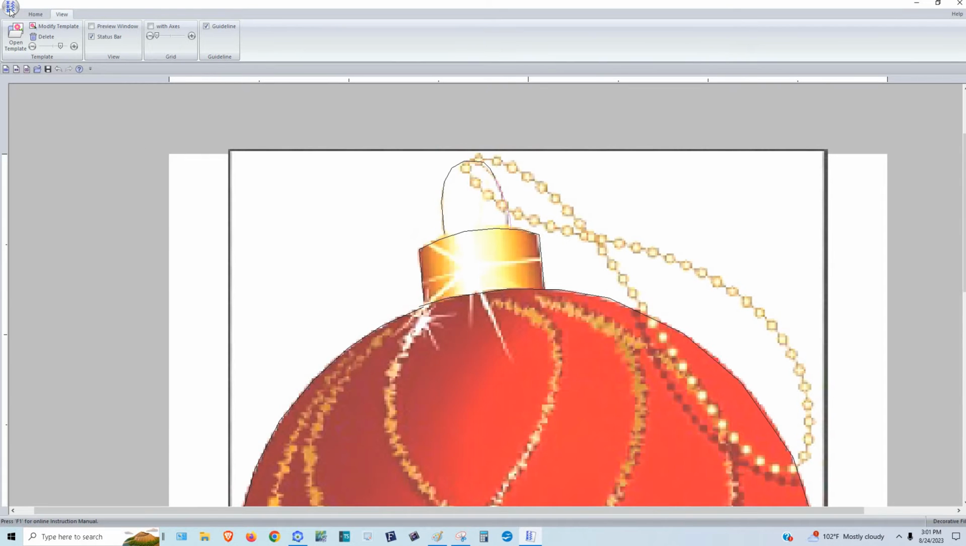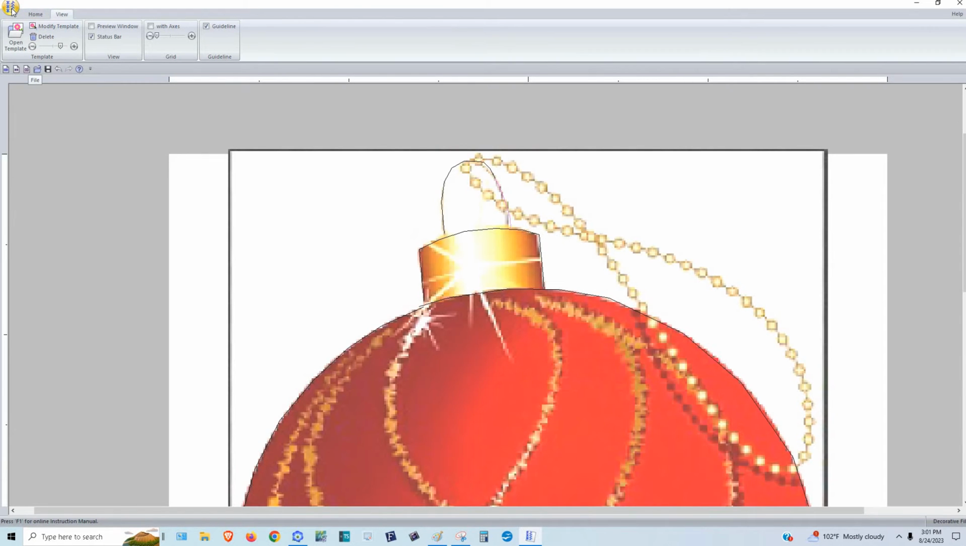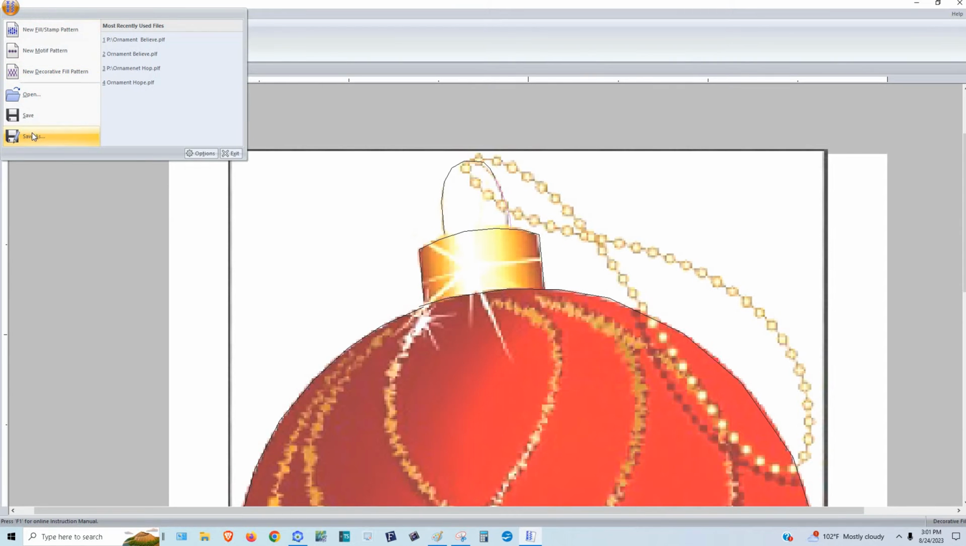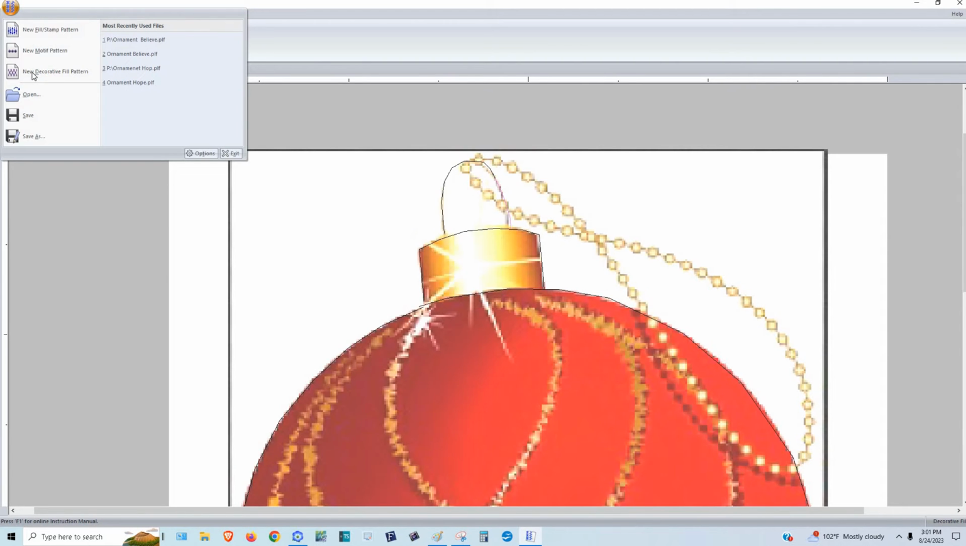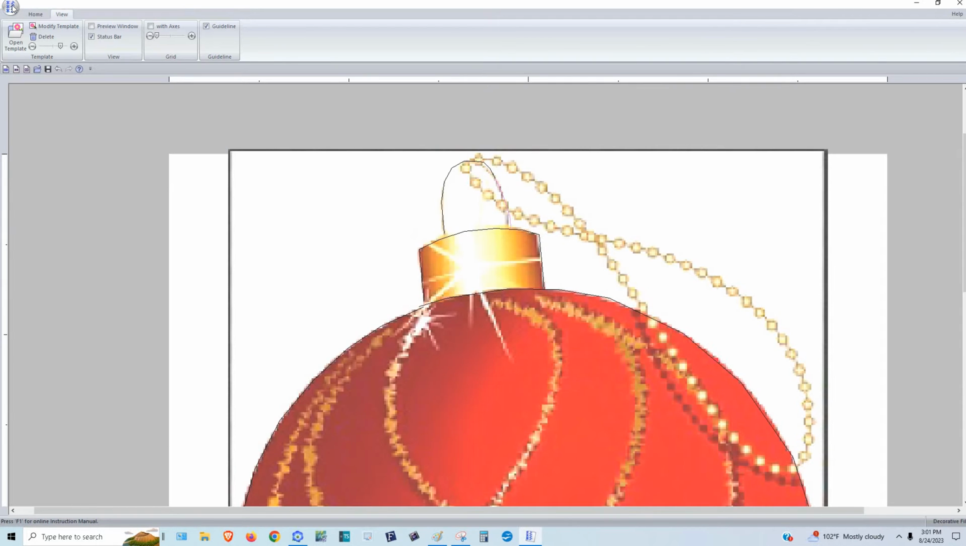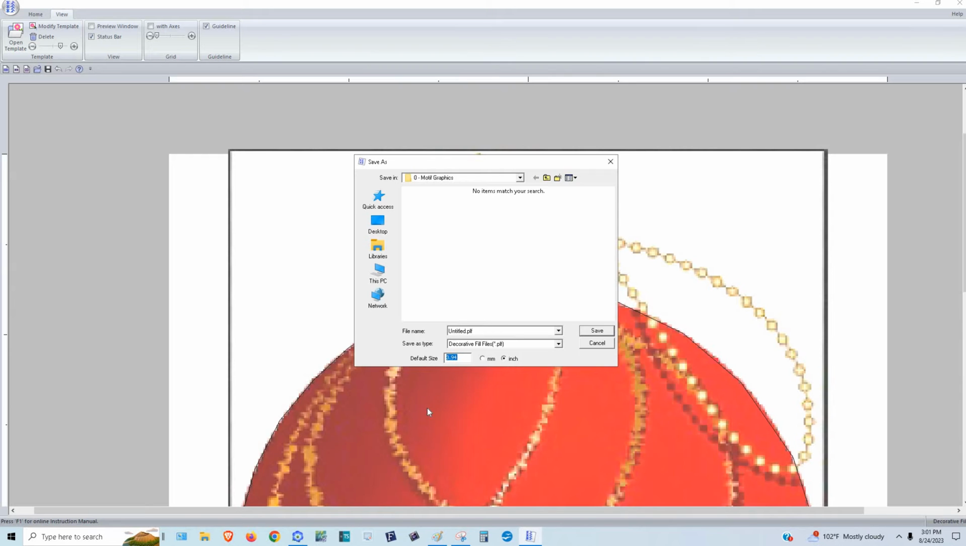All right, so I'm going to save this as a file. I'm going to go up here to this little stitch looking circle and say File, Save As. Okay, make sure that it says PLF down here. And when you started, remember you went File, New Decorative Fill Pattern. All right, so File, Save As, and we're going to call it